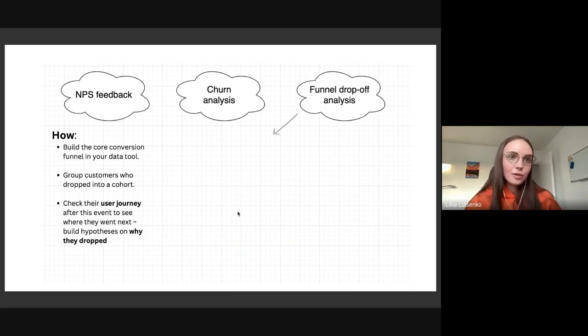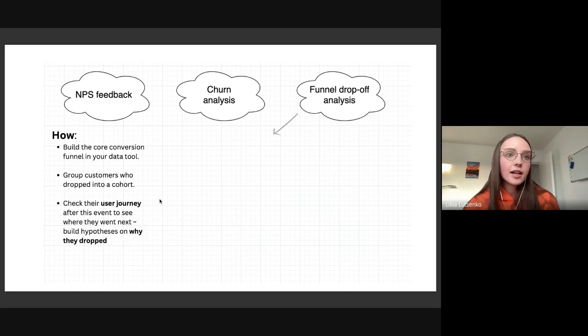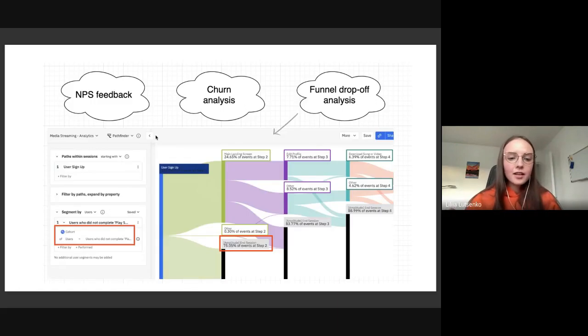And then you see, oh, out of all customers who did not activate, so who dropped here after sign up, they actually saw some error, or they actually went to the favorite section and then just didn't like this section and dropped the product forever. This is how this journey analysis happens in Amplitude.